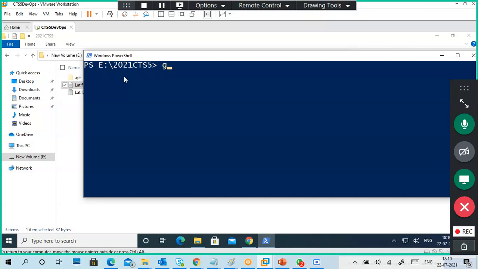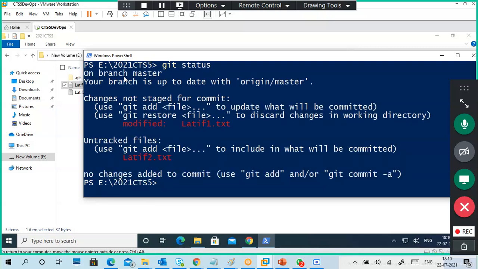Okay, so git status, you will understand the importance of status. Here it is. This file is modified, and this file is added. Understand git status in the local repository. There is a change in the local repository, and the change is detected immediately. Git understands there is a change in your work folder.